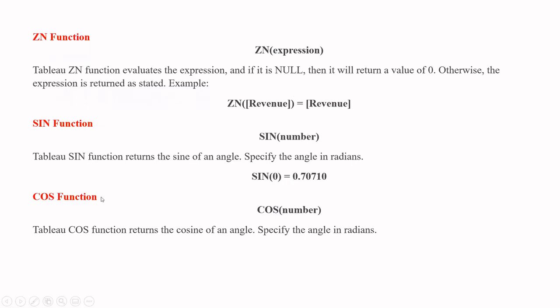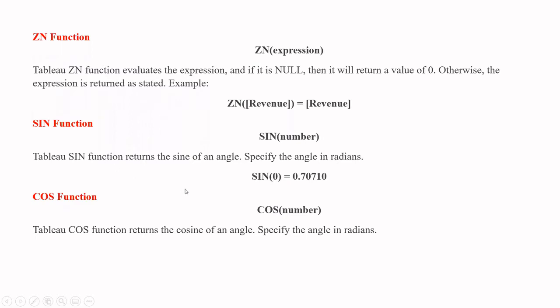Sorry. The sine function returns directly the value of sine. But the syntax is such that we have to specify the angle in radians. If you don't have the angles in radians but in degrees, then you can use the function radians. Inside sine we can use radians, then put the degree, so it will convert the angle from degrees to radians and we can get the value of sine.